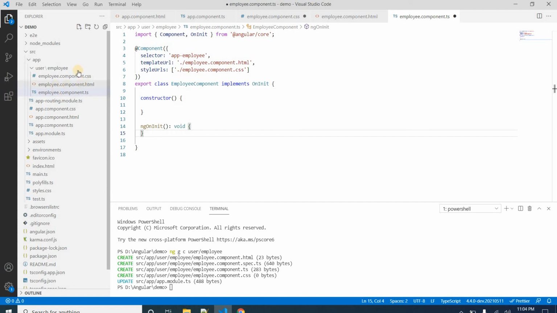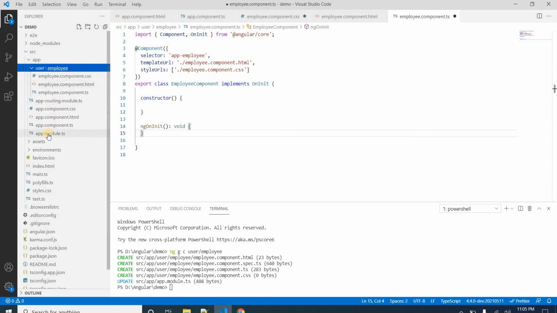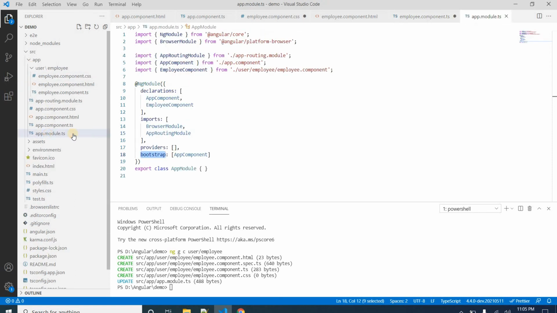So now when I created this particular component, you will notice one change in the app module. In the app module, by default, the employee component is added under the declarations. Whenever we create any component, it must be added here in the declarations array, so that the Angular application can understand that we are using this particular component. If we do not add it here, it will create issues for us.